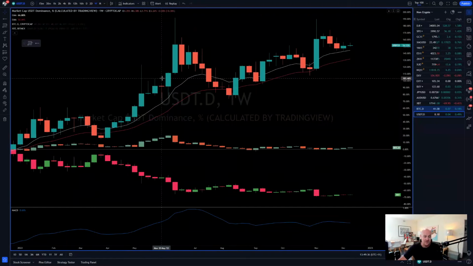Now, first of all, I'm going to come back up here and focus on the US dollar tether dominance chart. You can quite clearly see here on a weekly chart, there's a higher low, higher high, higher low, higher high, right? Well, at the same time, we've also got the Bitcoin price itself, which is down here. This is the Bitcoin price with a lower high, whereabouts? Right where we have a higher low on the US dollar dominance, lower high, right where we have a higher low. So they're basically inverse. They're a mirror image